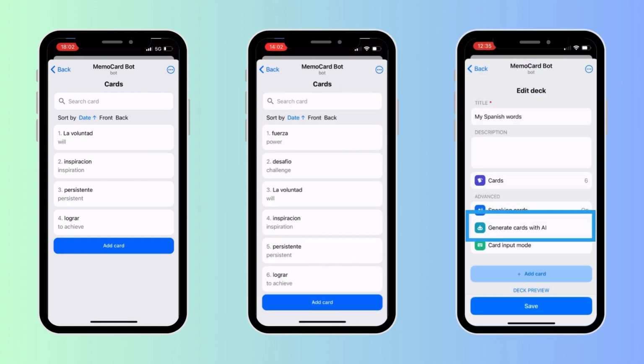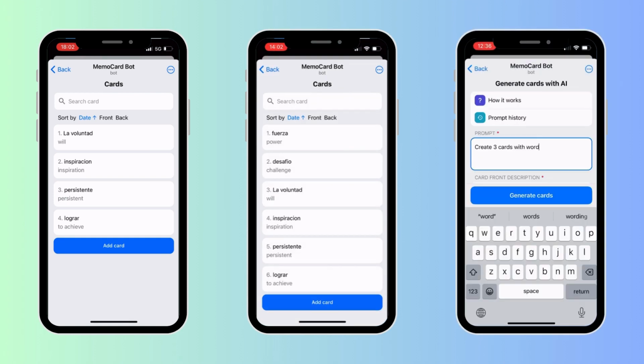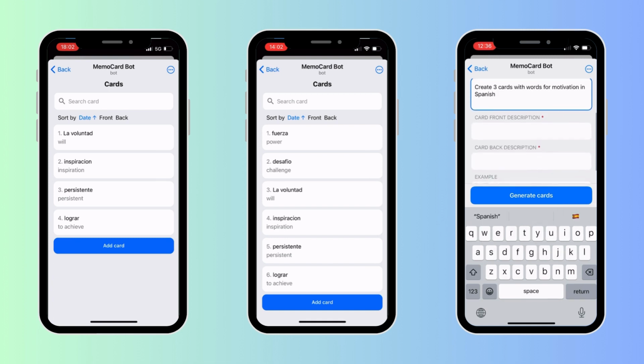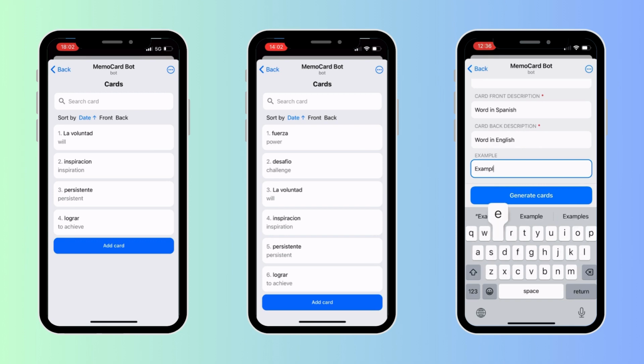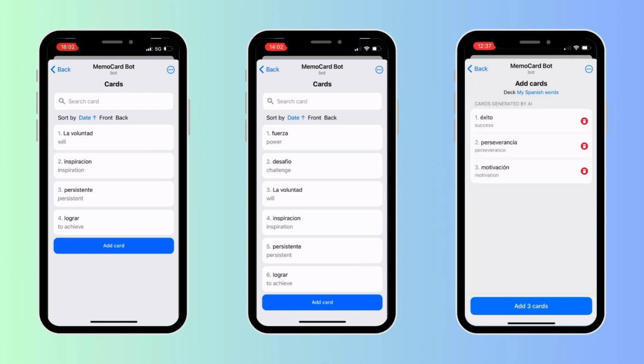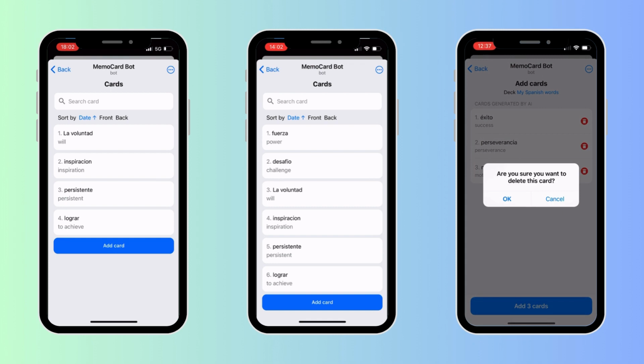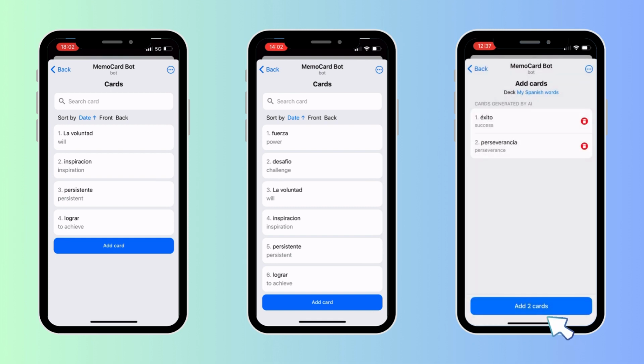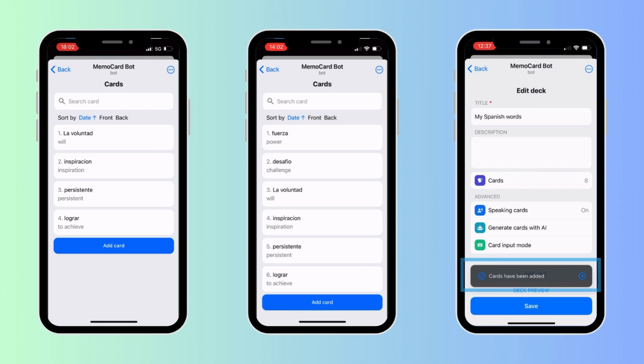Number 3. Add in one or multiple cards with the help of AI. The power of artificial intelligence provides the fastest and easiest process to create cards. Basically, it's pretty similar to both previous methods, but AI helps to fill the cards for you. You just type in the front side of the card or even ask this artificial helper to generate a whole list of cards based on your prompt, and it will take care of the rest.